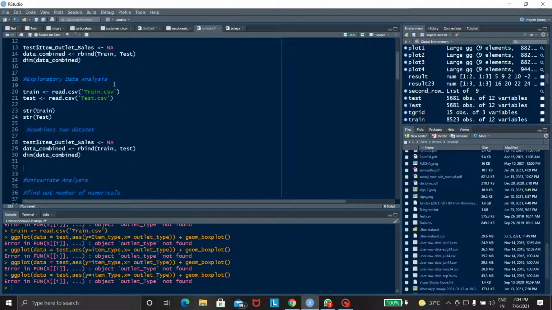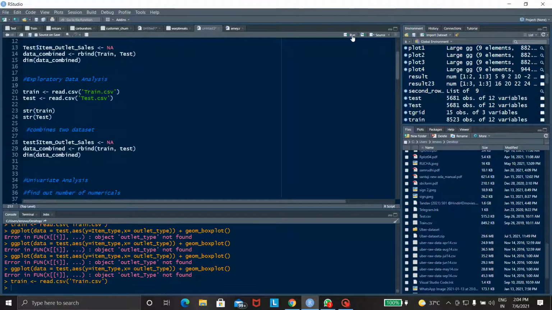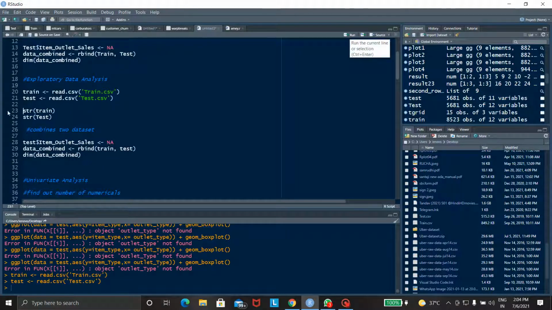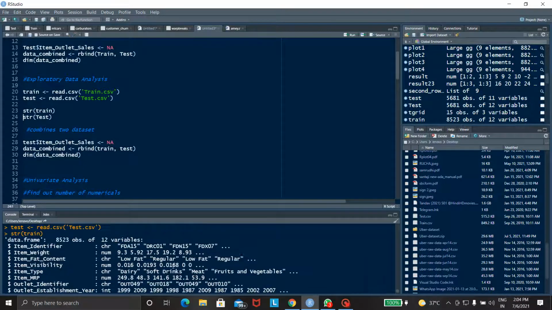The first analysis is exploratory data analysis. The code is train read CSV train CSV. Then run this program. If we want to find which components are used in the train dataset, type str(train) and run this code.